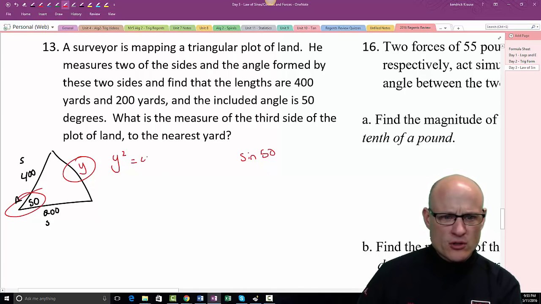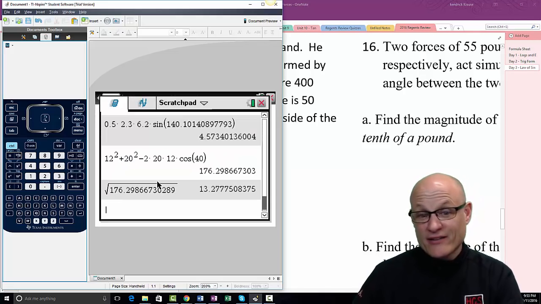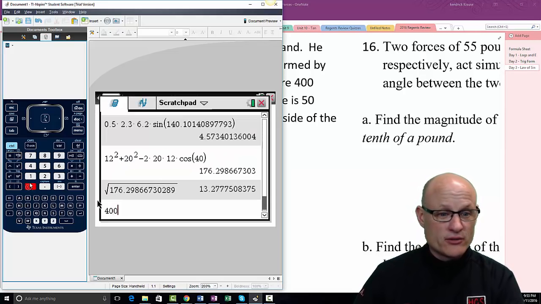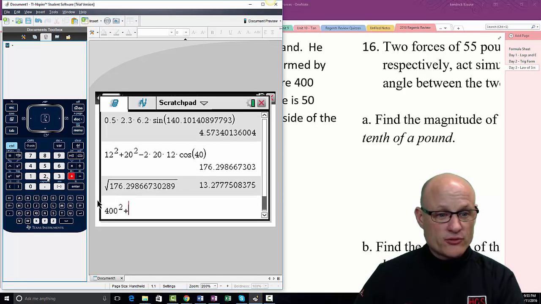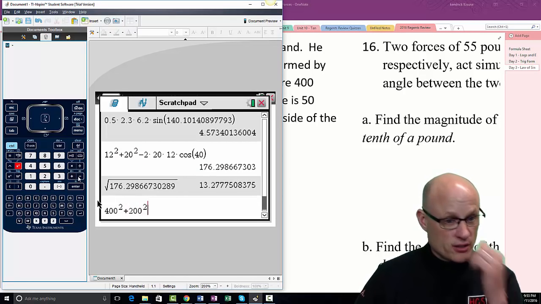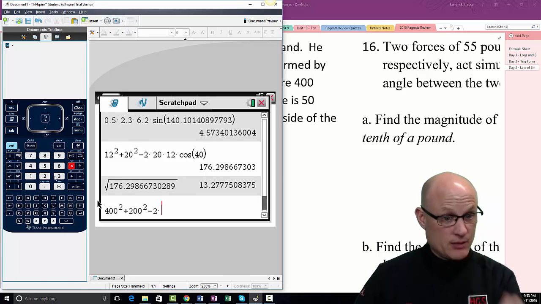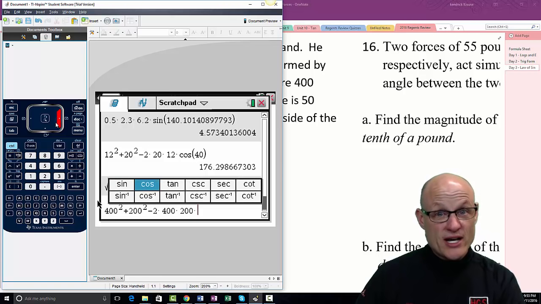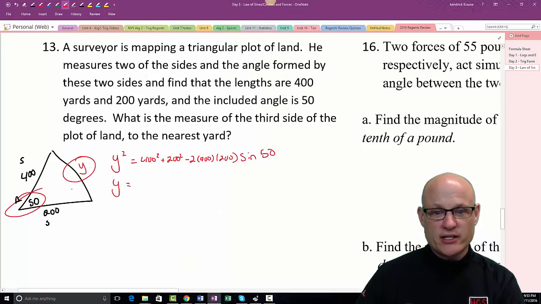So we're going to do 400 squared plus 200 squared minus 2 times 400 times 200. And since those are all numbers, lucky me, I just get to plug all that in. So 400 squared plus 200 squared minus 2 times 400 times 200 times the cosine, don't use sine, common mistake,